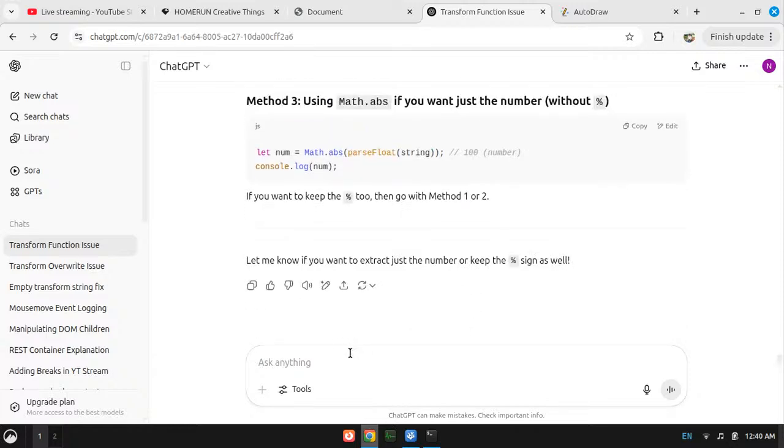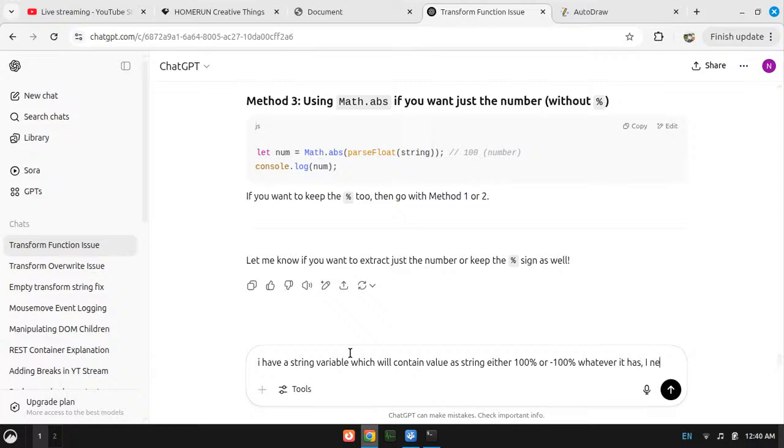Okay, just let me explain the whole situation. I have a string variable which will contain values as a string, either 100% or minus 100%, whatever it has.